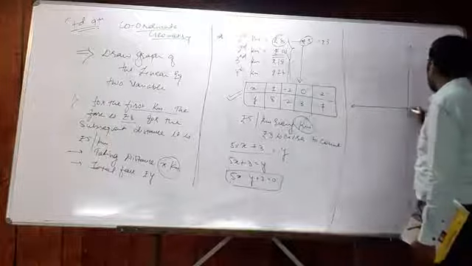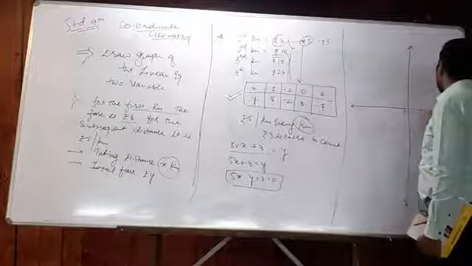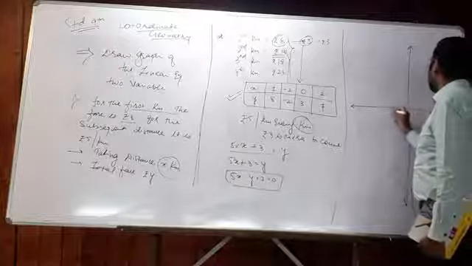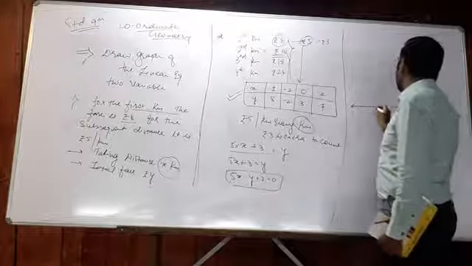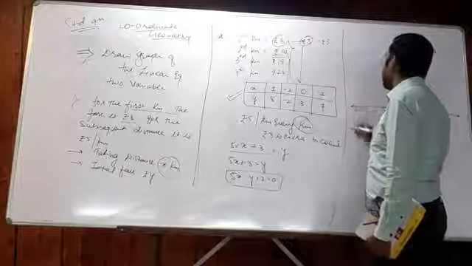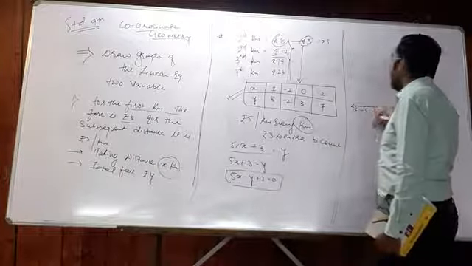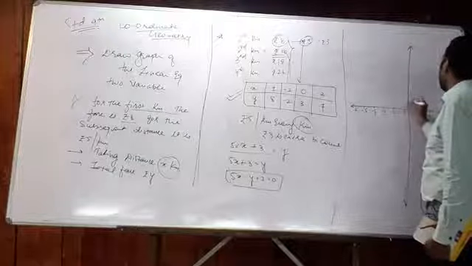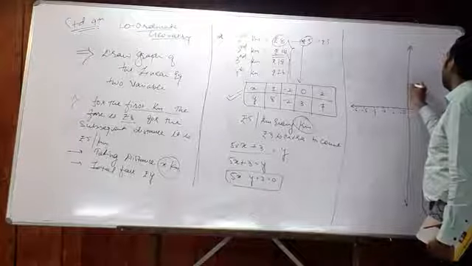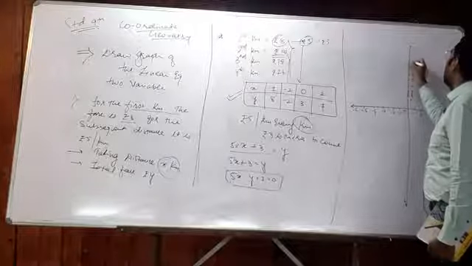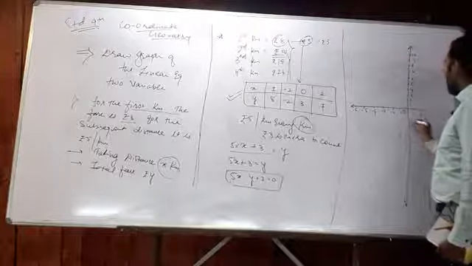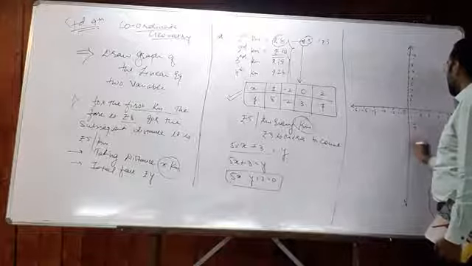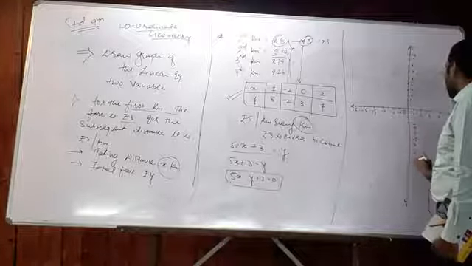So 1, 2, 3, 4, 5, okay, minus 1, minus 2, minus 3, minus 4, minus 5, minus 6. Okay. In y we have from 8 to minus 7, therefore 1, 2, 3, 4, 5, 6, 7, 8, 9 and 10, and minus 1, minus 2, minus 3, minus 4, minus 5, minus 6, minus 7, minus 8, minus 9,